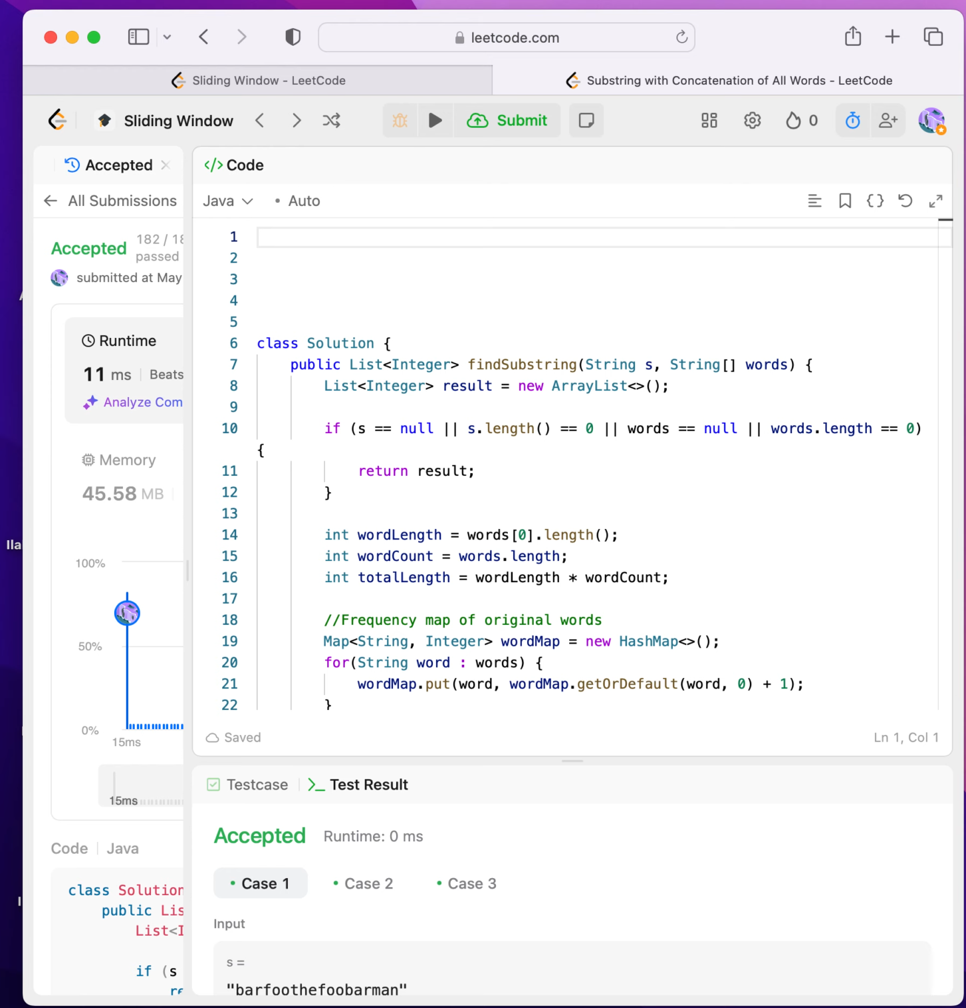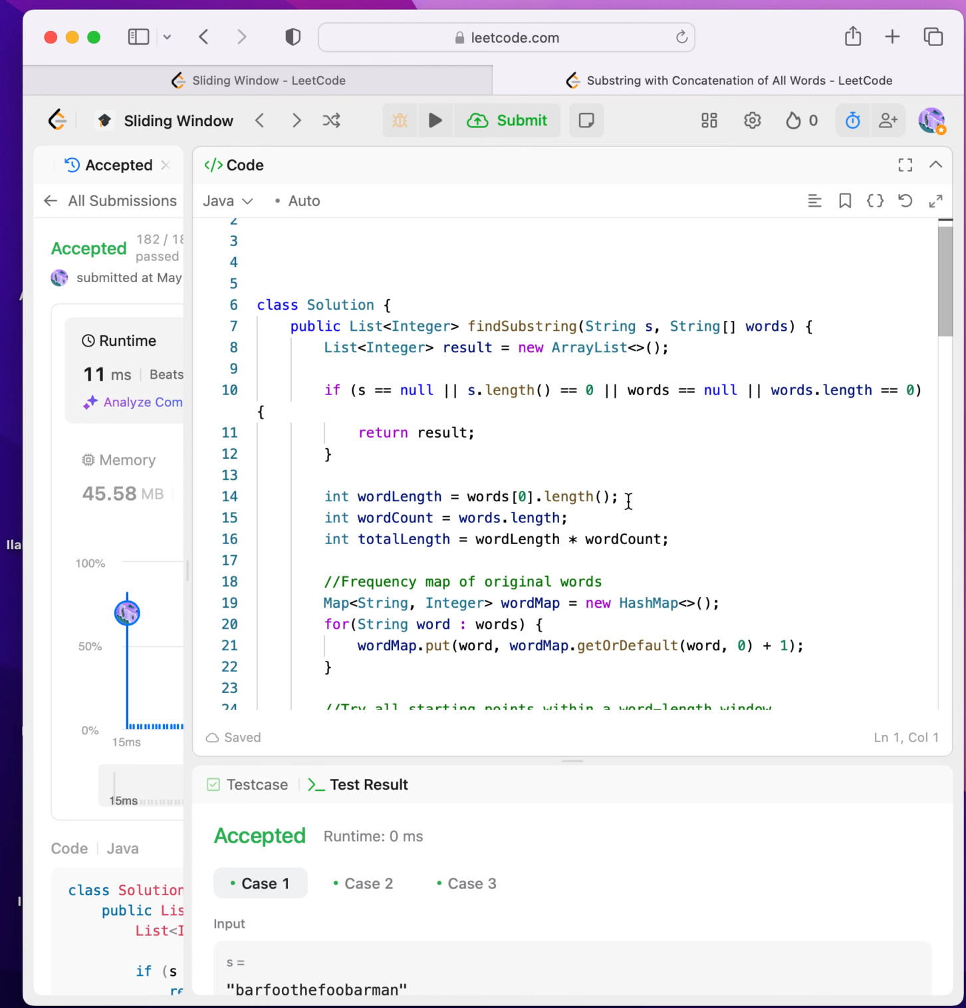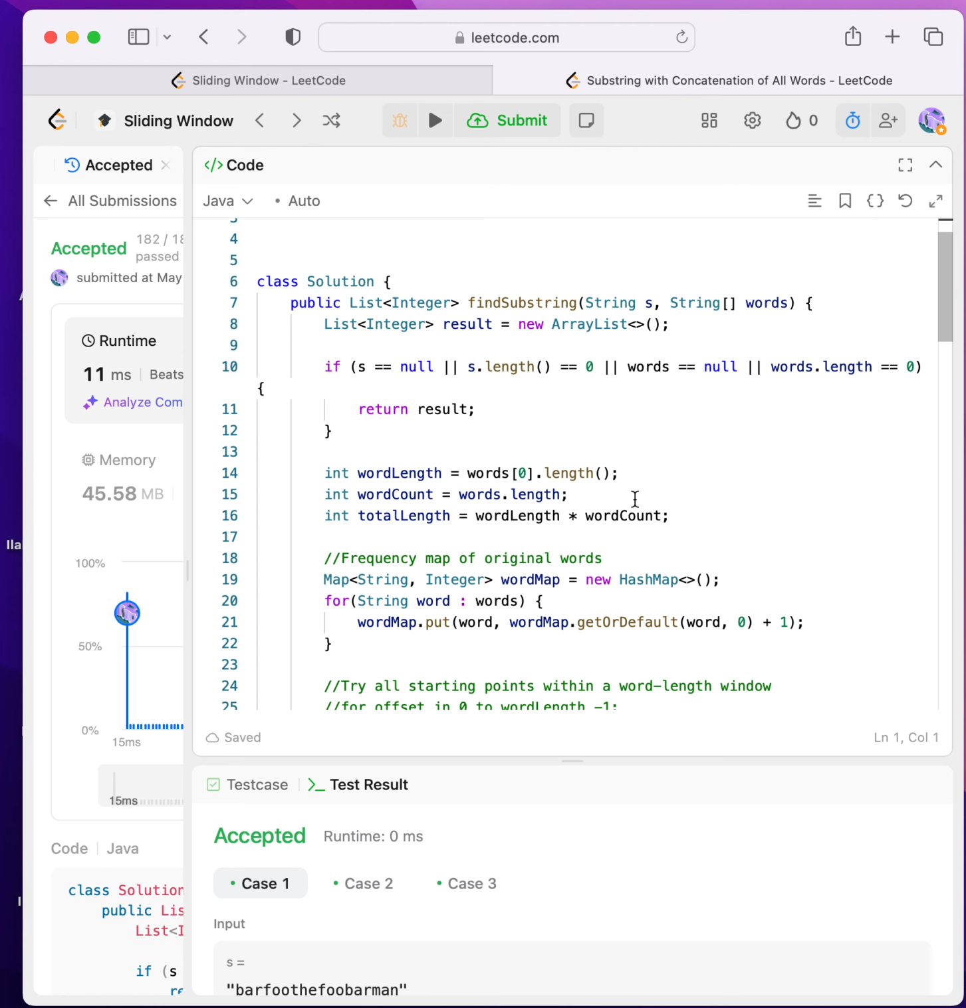Now let's look at an example walkthrough. Before that, I would like to say that the time complexity here is going to be O of L multiplied by N minus L multiplied by M, where L is the word length, N is the length of the string S, and M is the number of words, and the space complexity is going to be O of M multiplied by L for hash maps. So now let's